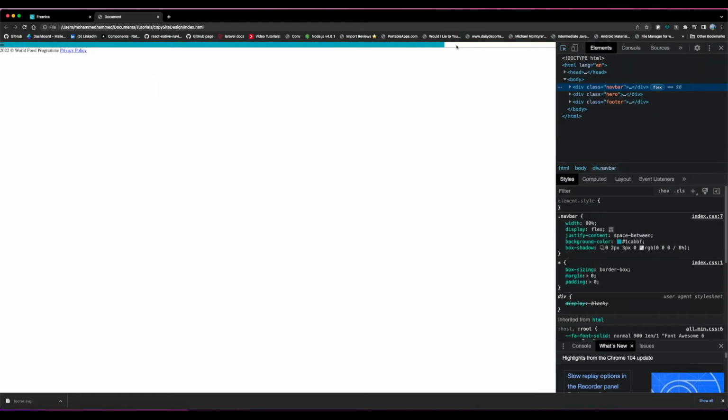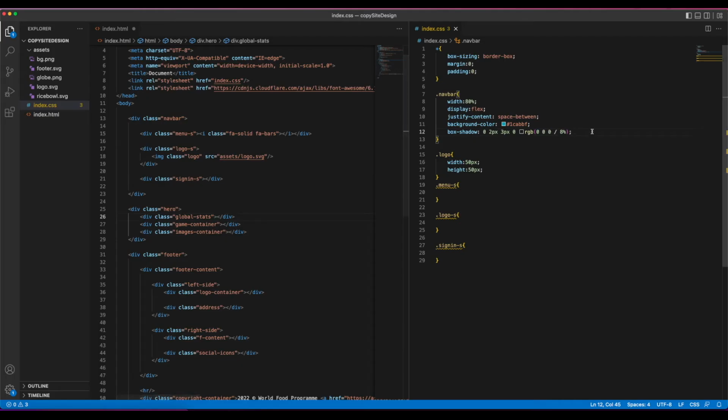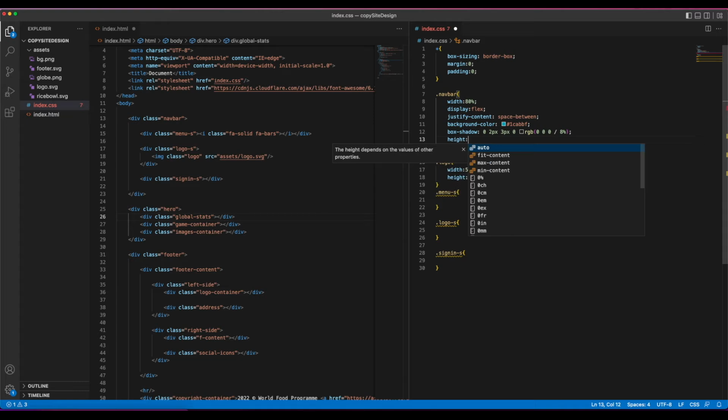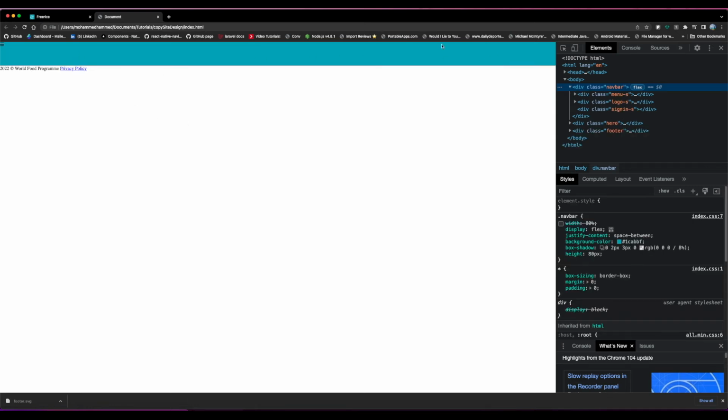We still can't see the logo, but let's just continue with sorting this out. So this thing has a height of around 80. So let's just add a height of around 80, and we actually want to remove this for now, this 80, all these commented out, so that we can cover this whole spot. Okay,